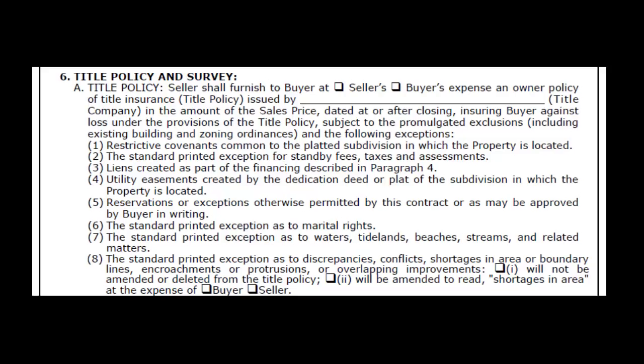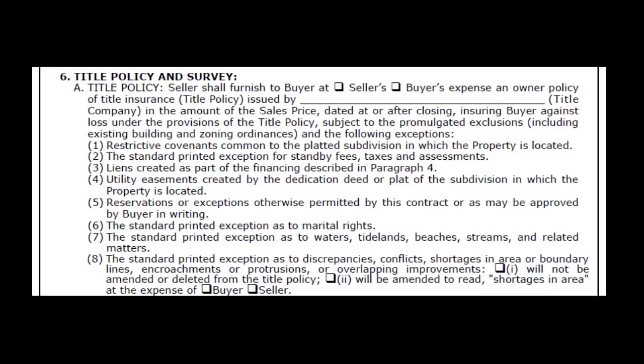You're probably going to use the same exact title company that you use in the Earnest Money blank. I haven't ever seen an exception to that, so you're going to use the same title policy. That company is issuing the title policy, and usually the seller is going to pay for it. So let's skip down to number 8 here and talk about one of the exceptions, one thing that isn't covered